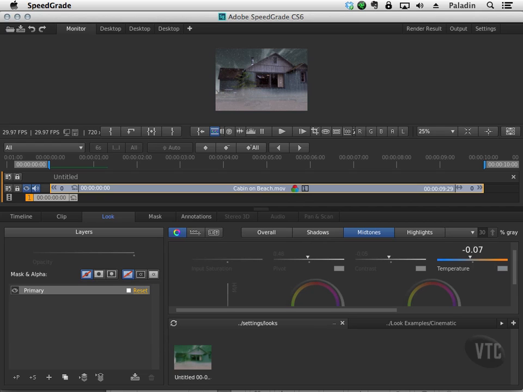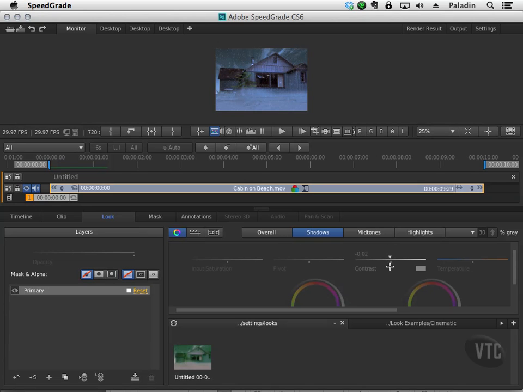So for example, you'll notice that the image is getting cooler as I slide all the way to the left. It's a lot cooler than it was before. All right, so I'll just go a little further. And you see that it gets more and more blue as I cool the environment down. Likewise, I can heat it up by going to this direction. Now, let's say I like the way this is right now, but I want to bump up the contrast perhaps in the shadows. I'll choose shadows in this tab, and I'll just go ahead and increase it or decrease the